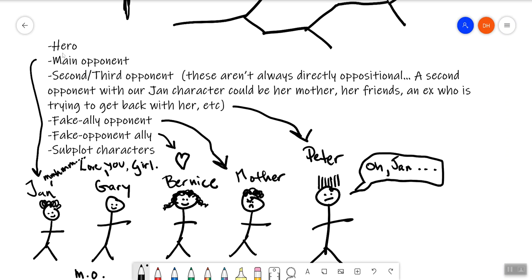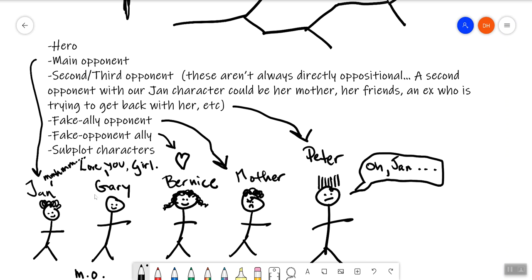So obviously we have our hero. Okay, and remember, when I say hero, I don't mean they have to be virtuous. It just means our main character. Jan, as we've discussed earlier, she's not virtuous. She likes to use people. Okay, that makes her psychologically more interesting. In terms of the opponents, now if we're writing something like a comic book, if we think of superhero versus supervillain, we have this kind of oppositional strategy going on. It's much more clear.